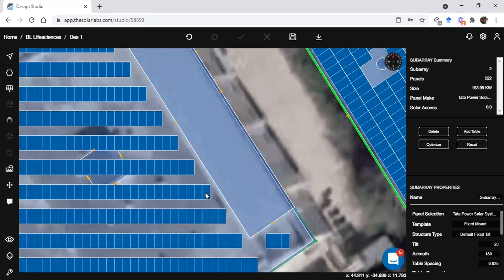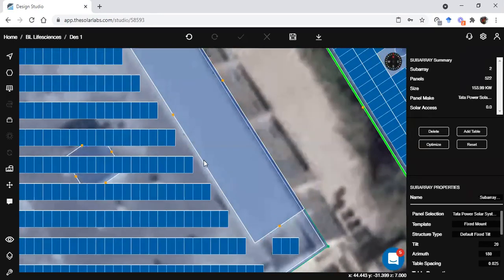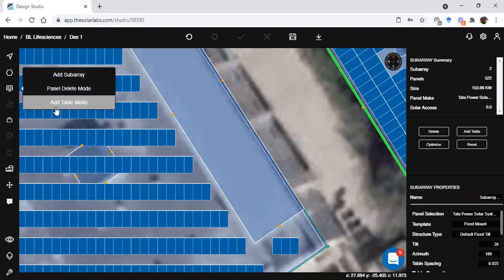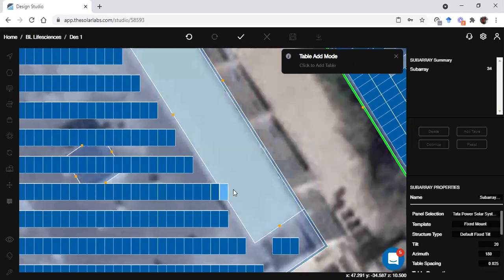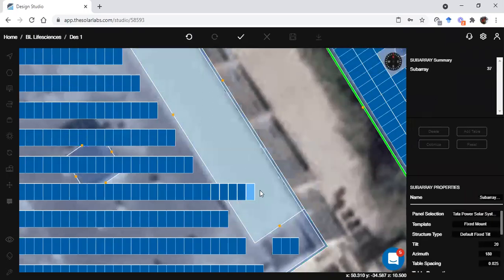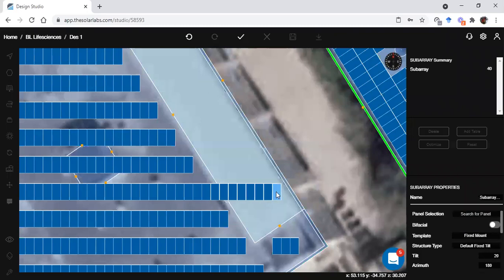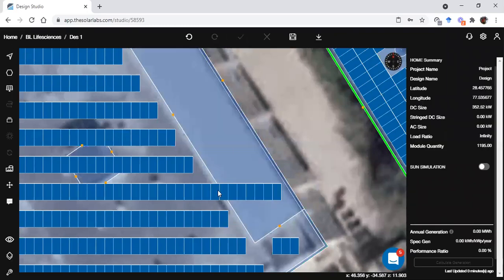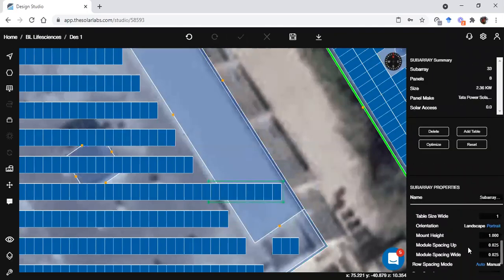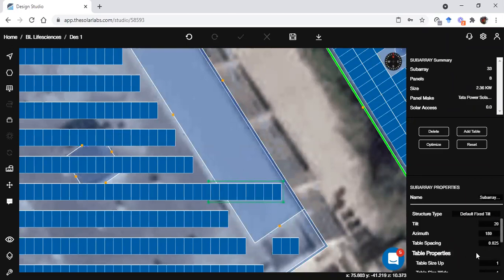Next, I have this component, this add table mode here. You just have to add the tables in line with this. So we need to check.